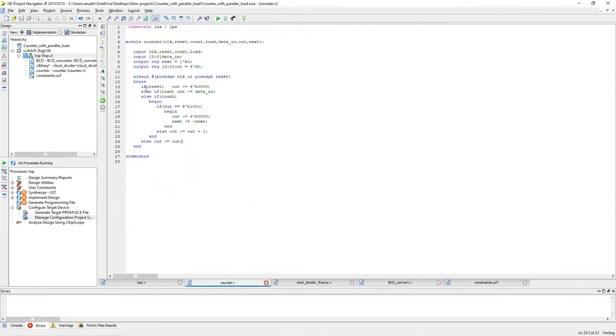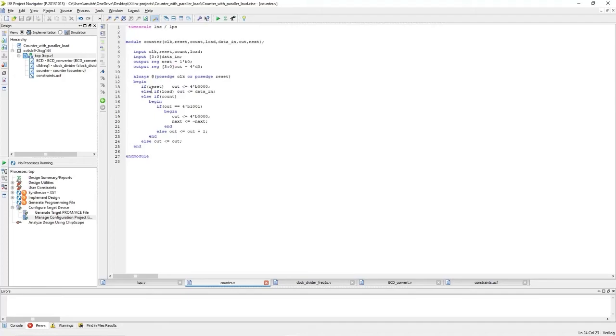One more thing I wanted to tell you: I may have used a case statement rather than if else, but since we have a priority, reset has the highest priority, then load, and then count has the least priority, that's why we are using if else. By using if else, it generates a 2 cross 1 multiplexer.